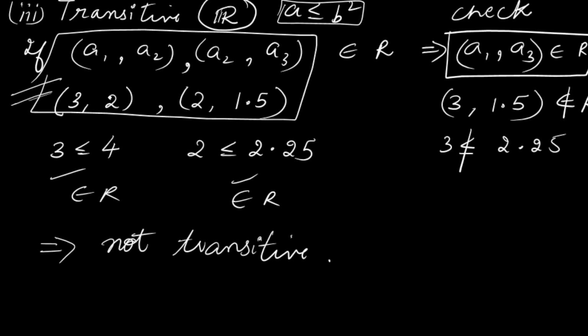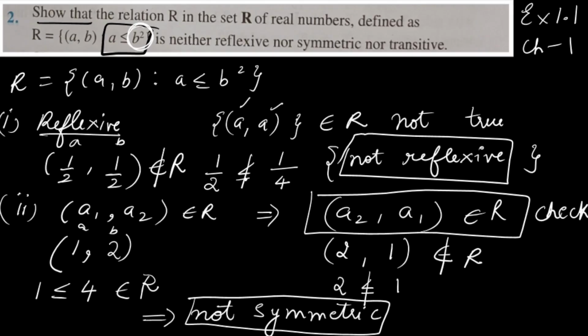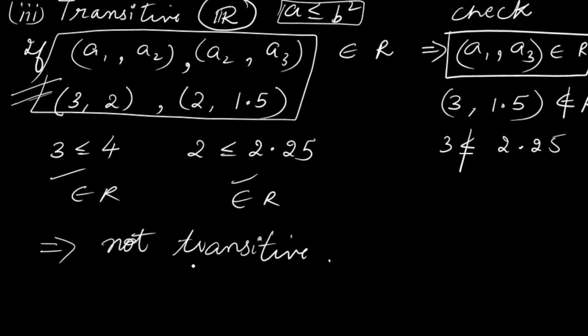Okay, so like here, we have to do it with examples. You can see for all three, I have taken different examples. For reflexive, 1 by 2, 1 by 2, so fractional. Symmetric, it was easier to do with simple numbers, because even for simple whole numbers it will not be satisfied. And for transitive again, I took decimals.